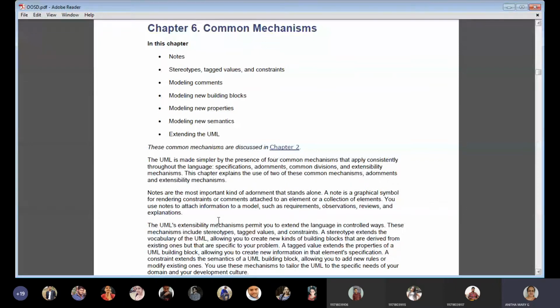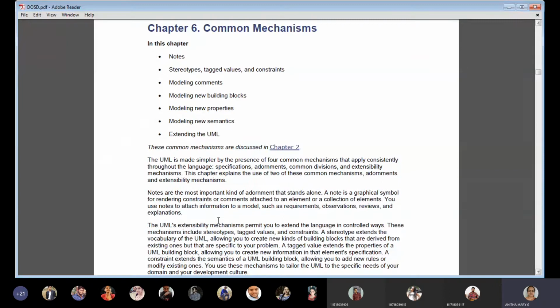What is the specification? Not only the graphical representation, but the graphical notation and the content inside is specifying something. So that is what we say as specification. And not only that, moving on to the next one, adornments. In addition to what we have learned, maybe yesterday we have learned relationships.